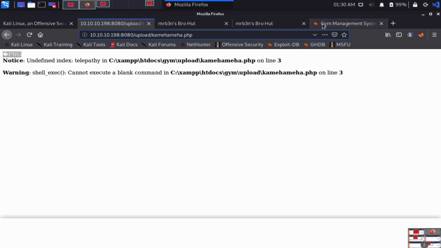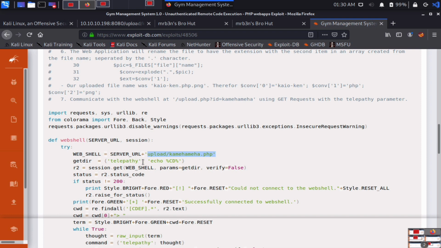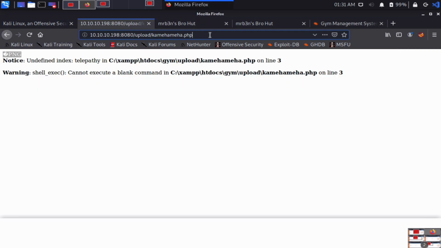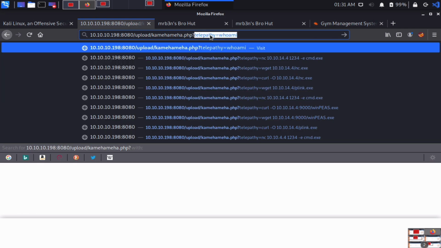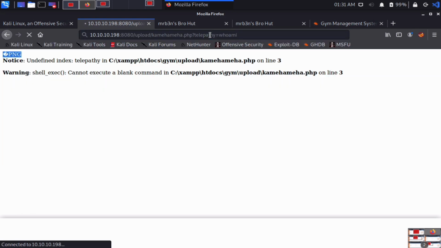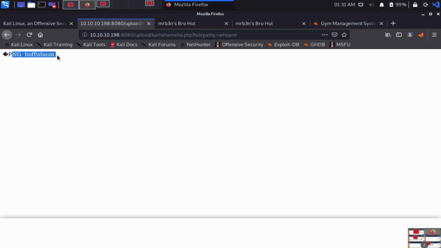Yeah, fantastic. After that, if you go further, what is it doing? You can see the seventh line, just try to read this particular line. When you read this payload, it is communicating with the web shell at upload.php and id equal to this, using the GET request with a telepathy parameter. So it is saying that instead of id, you can use telepathy. Let me copy this particular section. Go to the browser again, and we can use a question mark, telepathy. Yes, this is the actual command, we can use it. You can see clearly we are getting the result here, right?